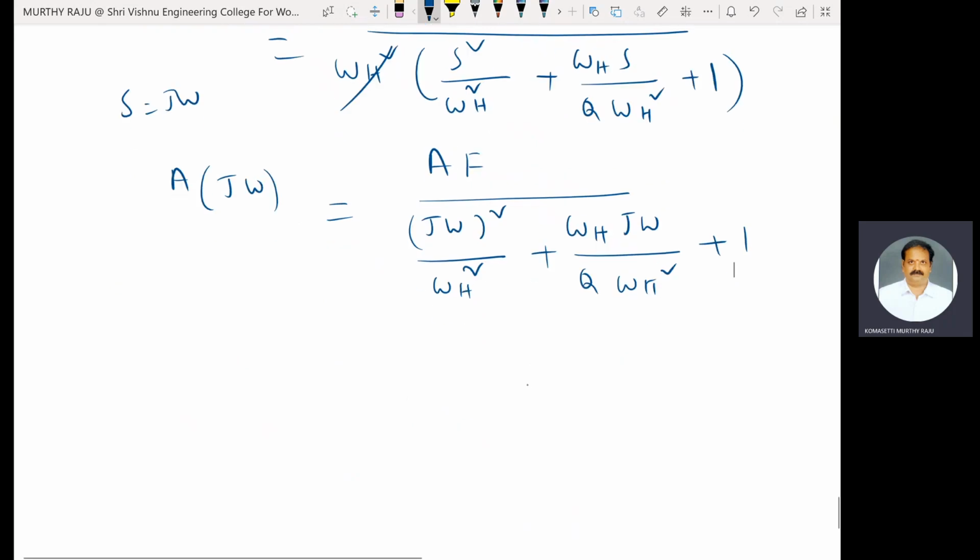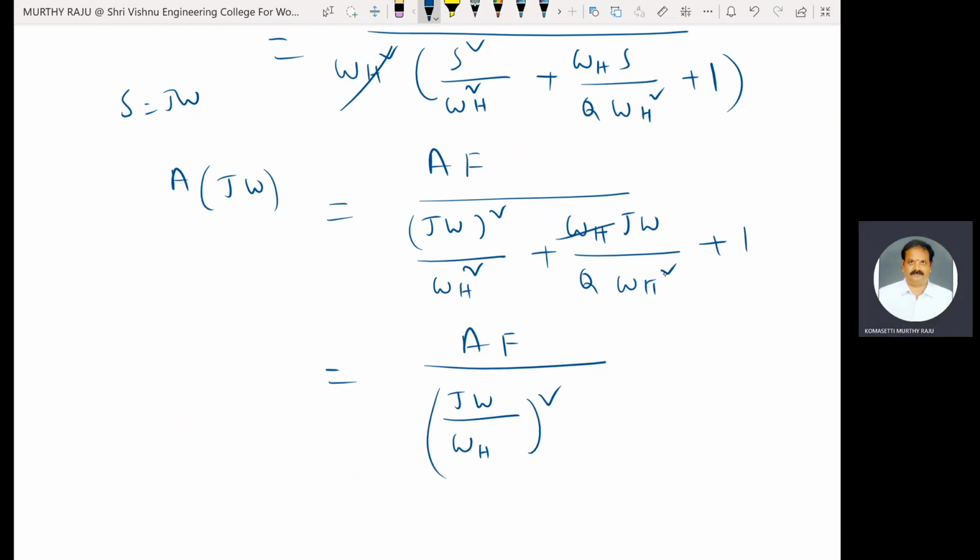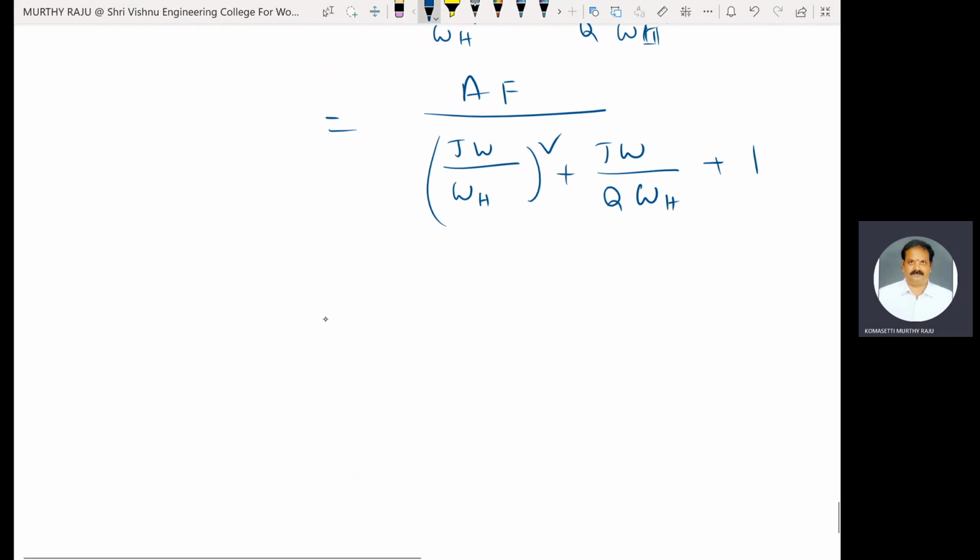In case of A_F, that is equal to A_F by (jω by ω_H) whole square, ω_H and ω_H cancel here, that is equal to jω by Q ω_H plus 1, that is equal to A_F by